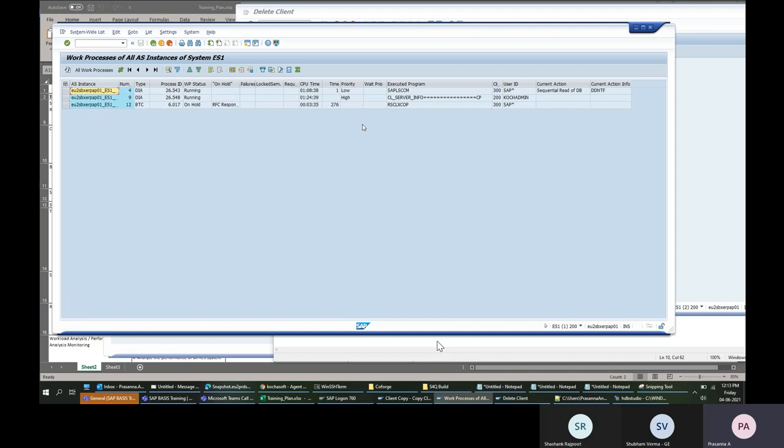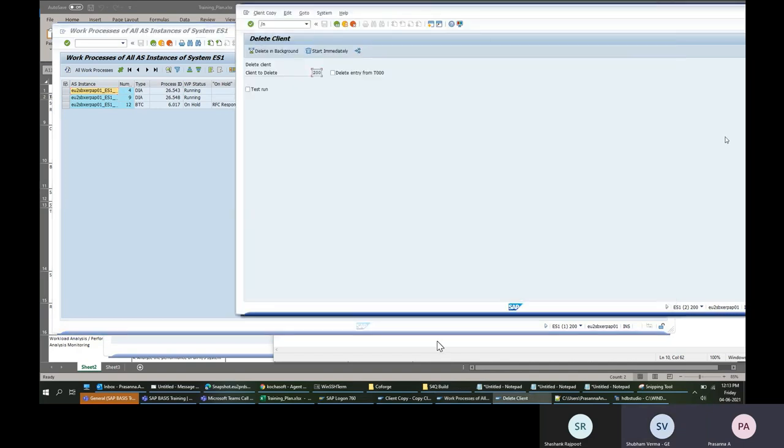So how do I schedule a job? I'm just thinking which example to show. In SAP there is something called reports. A report is nothing but a program. In C or C++ you write a program to do a series of steps.